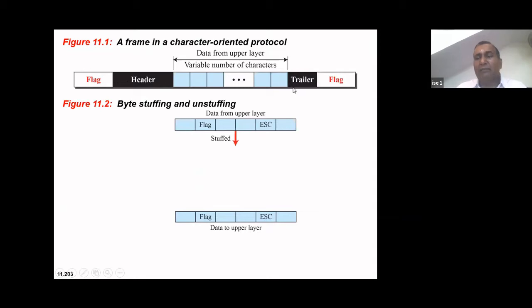The trailer part is meant for controlling errors, that is, to check whether the data has some error during transmission. For that we add the cyclic redundancy check, which we have studied. The header part will contain the source MAC address, that is this sending station's MAC address, and the intermediate receiving station's, that is the router's, MAC address, and some other control information. So this is the entire frame.